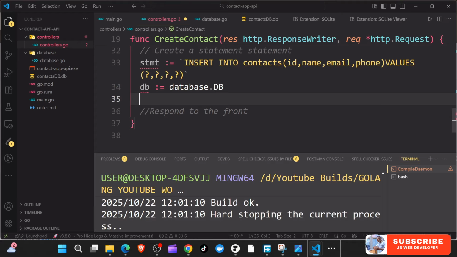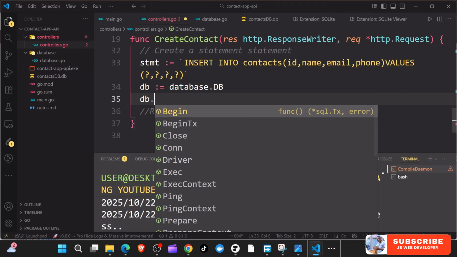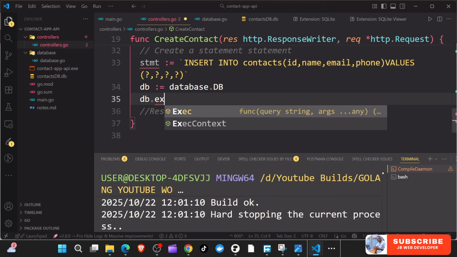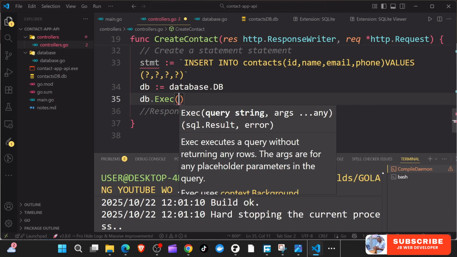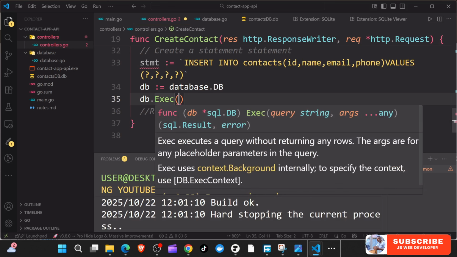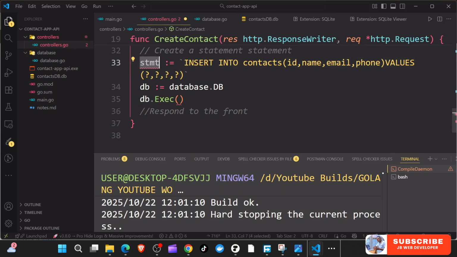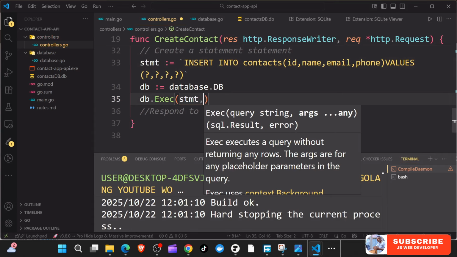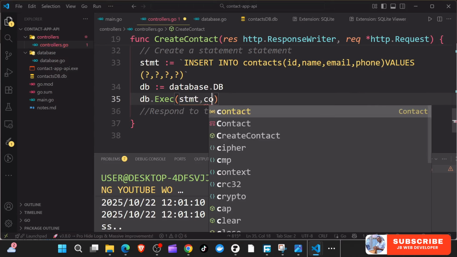And now this db, I can just say db dot, so here you can just say execute. And now in this execute, if we pass in this, we can now pass in also the values. Okay, we can pass in the values, which is going to be